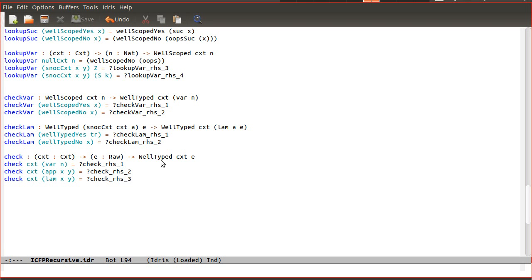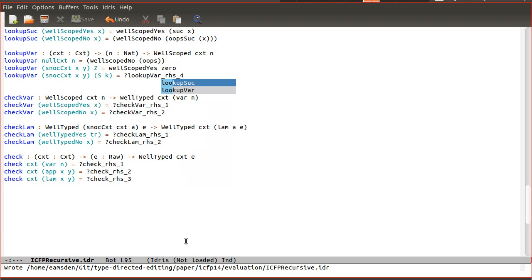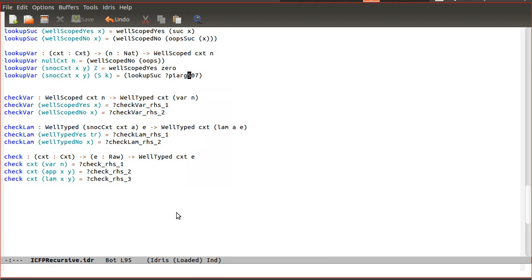Here we have a 0, so again we'd like to say yes, but that doesn't occur in the menu, so we have to build up the term by ourselves, which is just yes 0, and reload, and finally if we want to build this term, we can call lookup successor on lookup var,